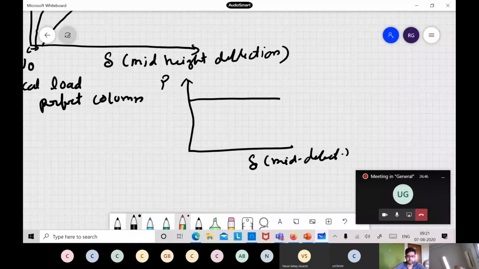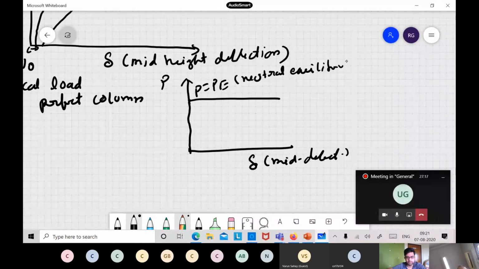So now what is happening over here? How did we define our critical buckling load? In the first class itself we said that the critical buckling load is related to stable and unstable equilibrium. So what happens for a perfect column? When you keep on increasing the load, the column will remain perfectly straight. But when P crosses PCR, at that junction, when P is equal to PE, the column will be in neutral equilibrium. You followed, the column will be in neutral equilibrium.